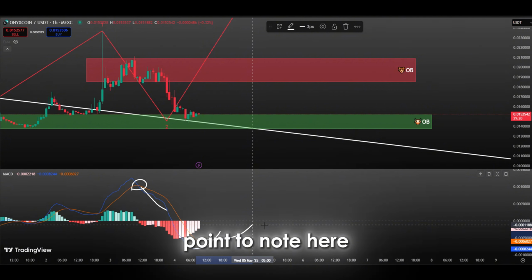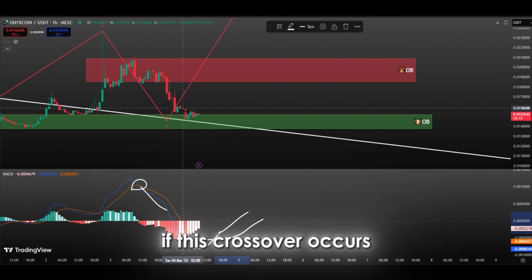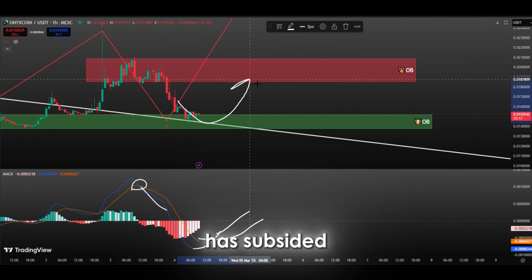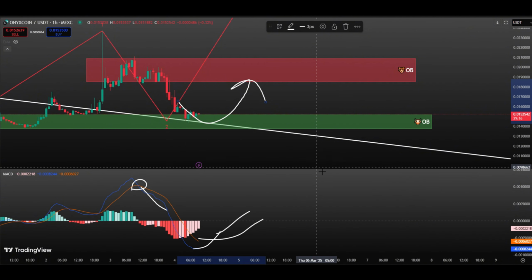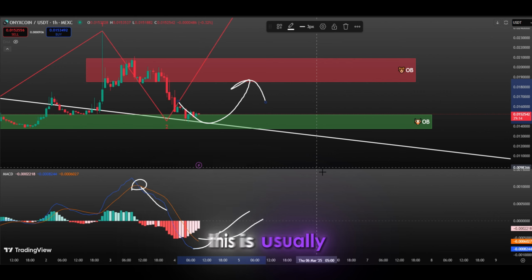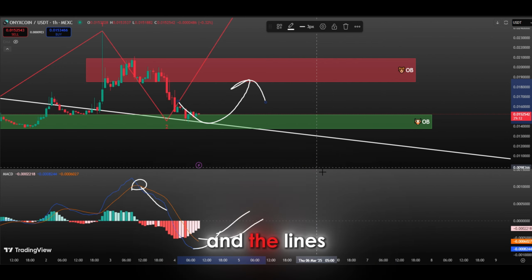However, the main point to note here is that the MACD lines are about to make an upward crossover. If this crossover occurs, it could give a strong signal that the selling pressure has subsided and buyers are re-entering the market. Especially if the MACD line crosses the signal line upwards, this is usually interpreted as a bullish reversal signal. Once the crossover happens and the lines cross above the 0 point, we will see a nice rise in